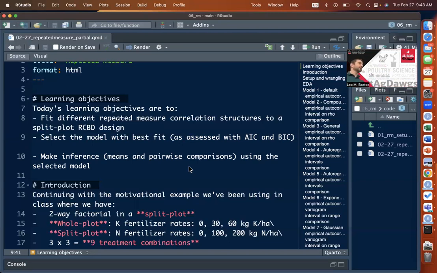And I wanted to do that so you can see the progression of the same data set, or the same overall objectives and treatment structure, and how that evolves, starting with a CRD, very simple, going to our CBD blocks fixed, our CBD blocks random, split plot blocks random, and now repeated measure on top of that. So this is really the most complex analysis that we're going to be doing when it comes to experimental design